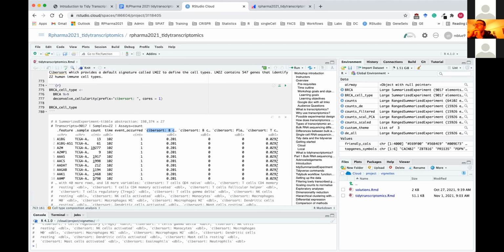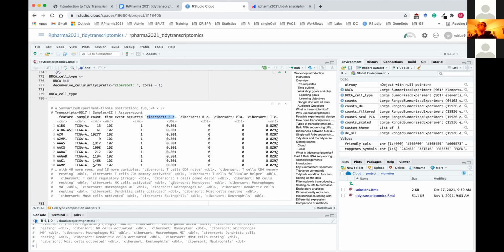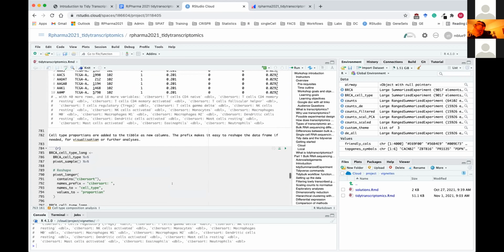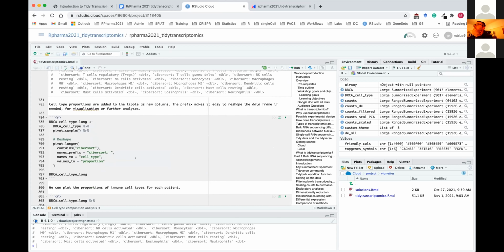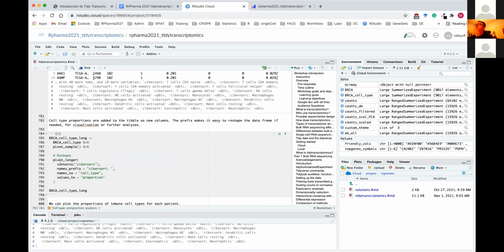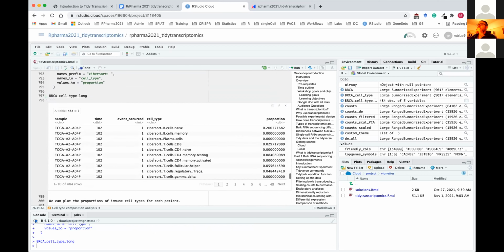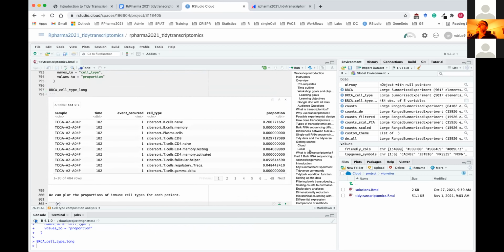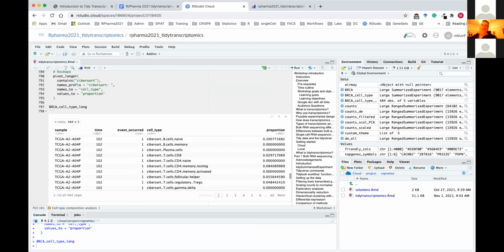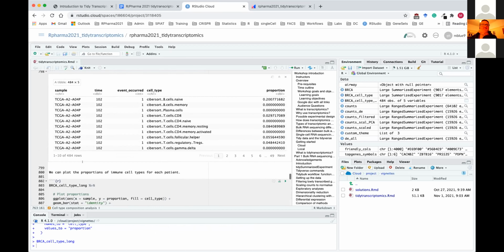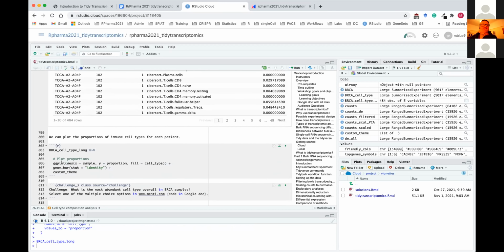So for B cells and monocytes, macrophages, etc. And what we can do then is we can use Tidyverse methods, so pivot longer, to reshape this data so that we can then go and plot with ggplot. So we can create one column that gives us the proportions of each of these cell types in each of our samples. And we can then use ggplot to create a nice bar plot